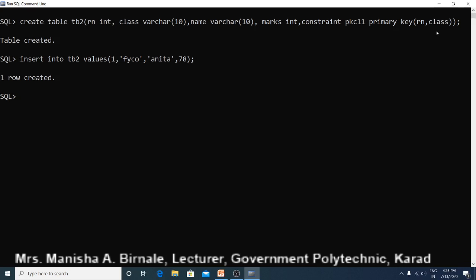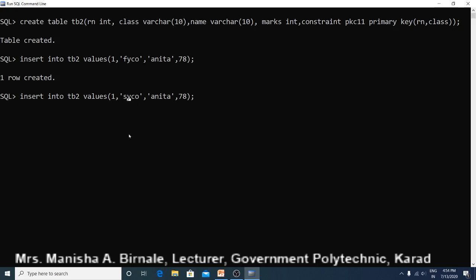Now let us try to insert another record. Here roll number alone is not the primary key, but the combination of roll number and class is the primary key. So for the second record, suppose roll number is again 1, but class is different, SYCO. So this is again a unique primary key, 1 comma FYCO and 1 comma SYCO.